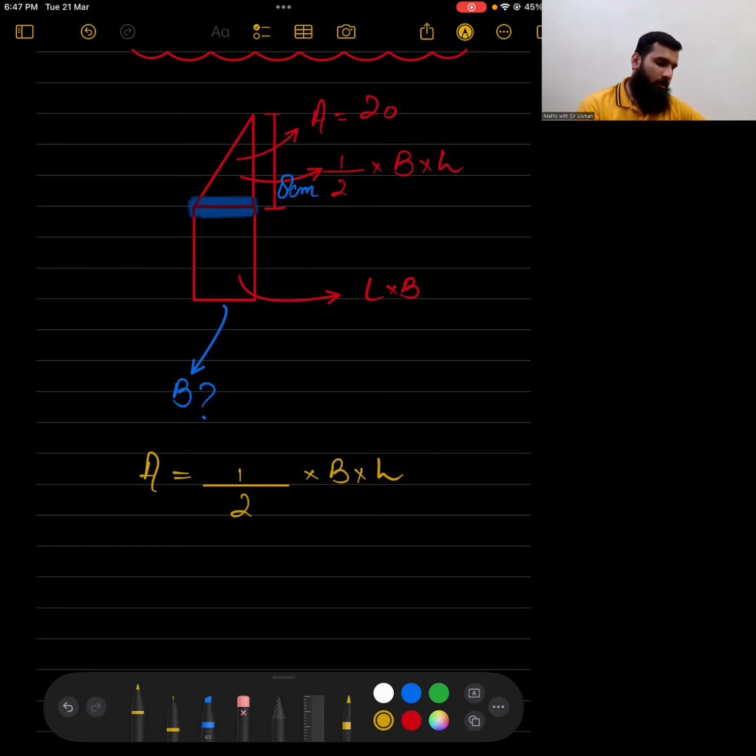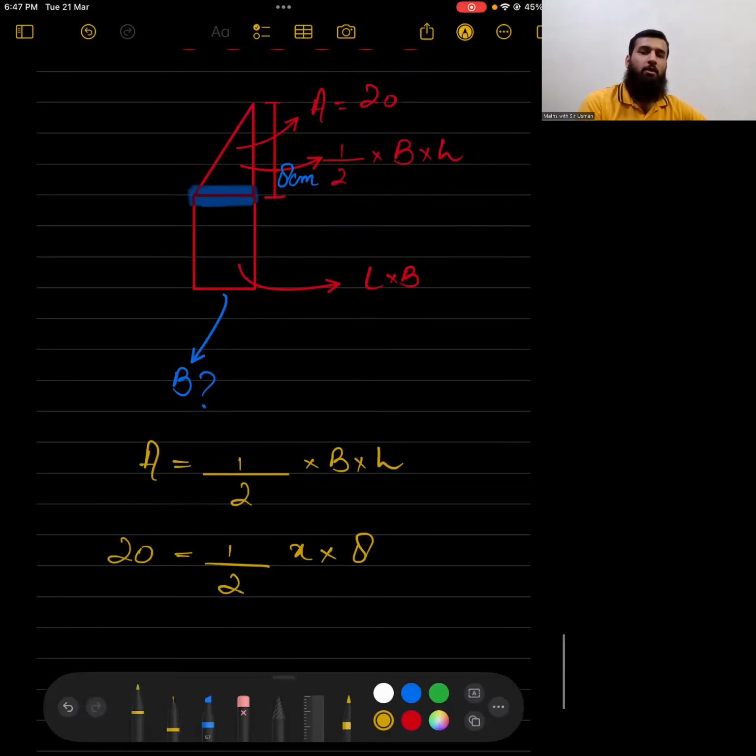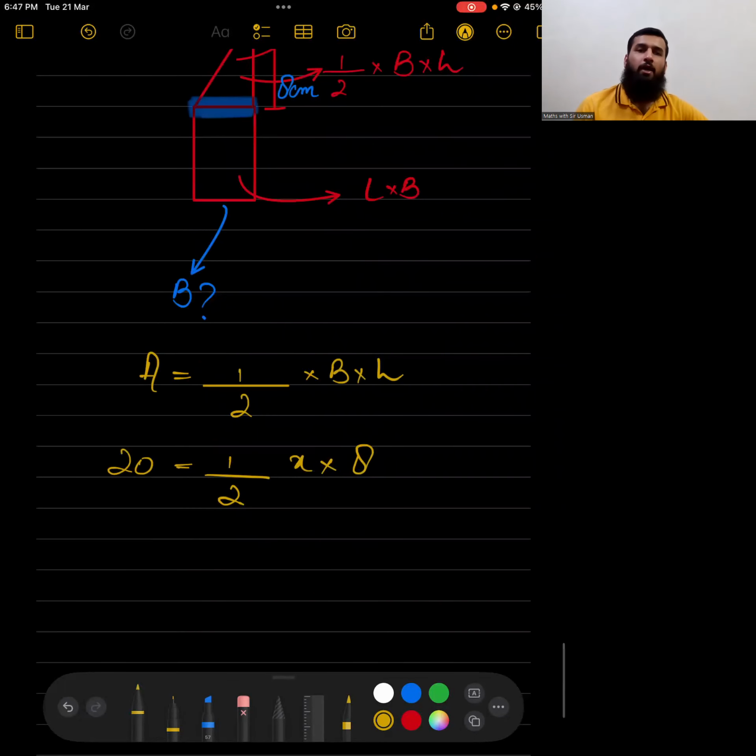The base has been given as unknown while the height has been given as 8 and the area is 20. So I'm going to manipulate the values and figure out the value of x for myself. That is actually going to give 40 divided by 8 is equal to x,